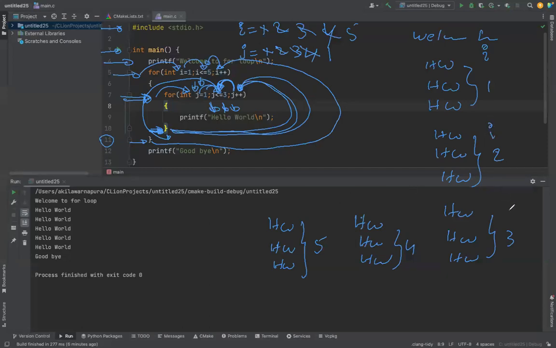Okay, I is 2, I is 3, I is 4, I is 5. Okay. Then it comes to the I is 6. When I is 6, what happened? Condition false. I less than or equal 5, I is 6, condition false. Then it comes to the outside of the